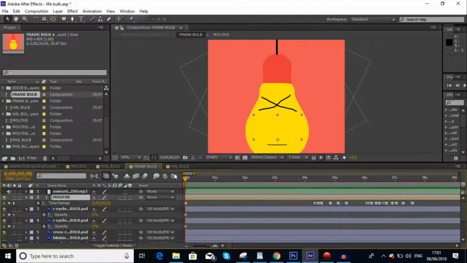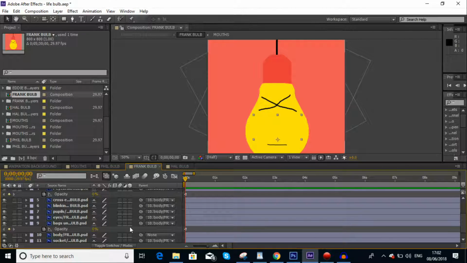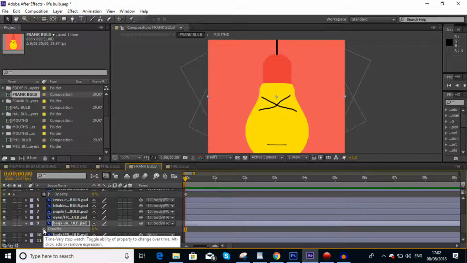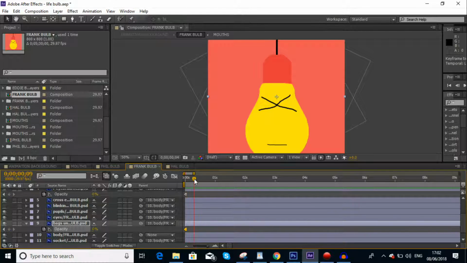But usually we would show a right eyebrow, a left eyebrow, and the bags under his eyes. But I have these set to opacity. Now this little stopwatch here, I have these opacity settings set to 0. If I deselect that, I need to reselect it so I can create it as a keyframe. So now I know that if it's there, if I just up this opacity, and I maybe scroll down here and turn it down again,